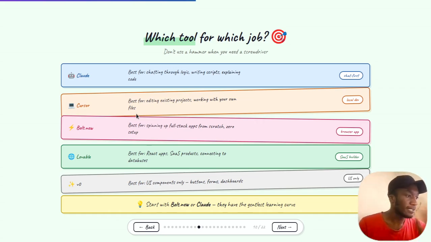Lovable is best for React and SaaS products connecting to a database. And V0 is best for UI components only: buttons, forms, and dashboards. So start with bolt.new or Claude and you'll have a gentle learning curve. With bolt.new, just search bolt.new, go there, create an account, and then just tell it anything.